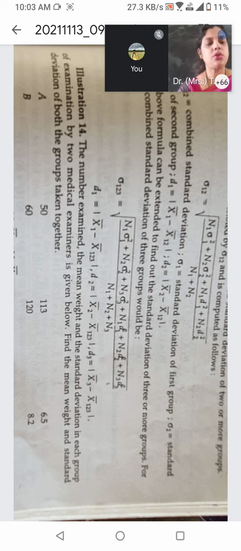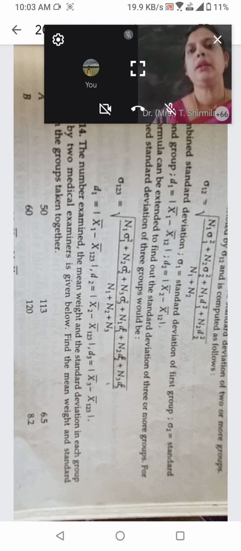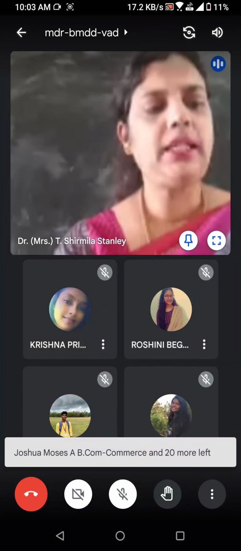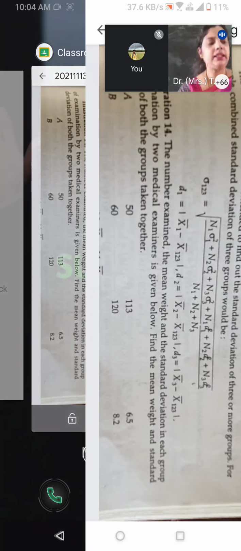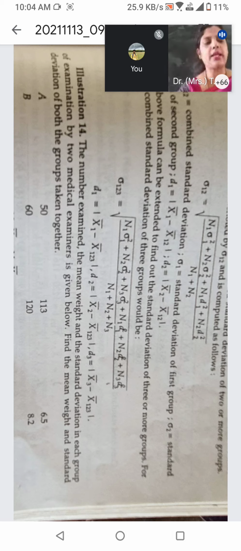Standard deviation is how much it is deviating from the central tendency, is what you're trying to find out. So standard deviation, it will range between that 6.5 to your maximum, or it can be less than 6.5 or more by 6.5. So that weight can vary in both sides, in both ways. Same way for B, it is 8.2. Now with the given information, what have you been asked to calculate?